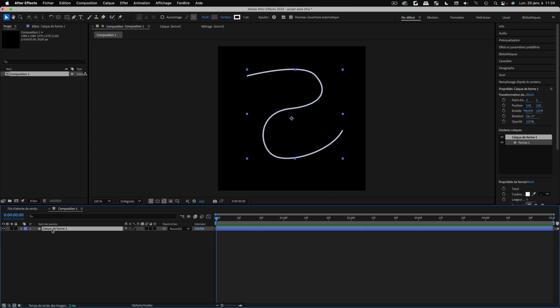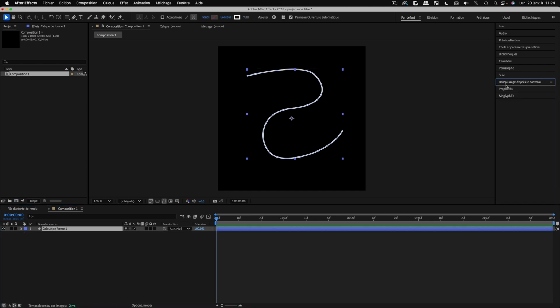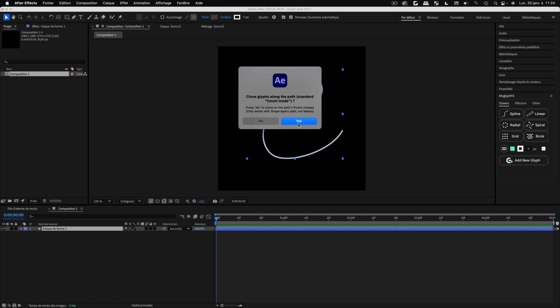If I select it and if I click on the Spline Cloner button, it will ask me if I prefer to have the standard Count mode, which is the one from previous versions of MoglyphFX. So it will clone shapes along the path and you will be able to decide how many clones you want along the path. Or if you click on No, it will create the Points mode instead, and it's the new Point